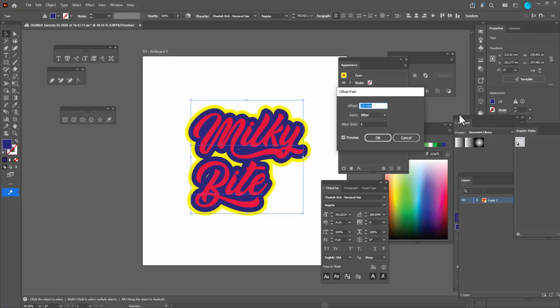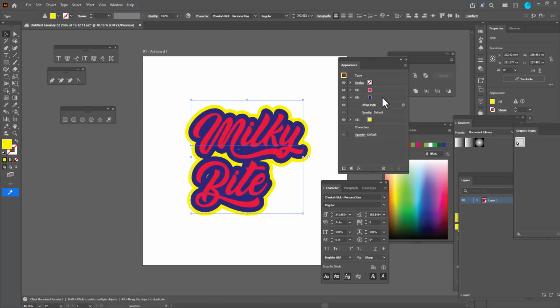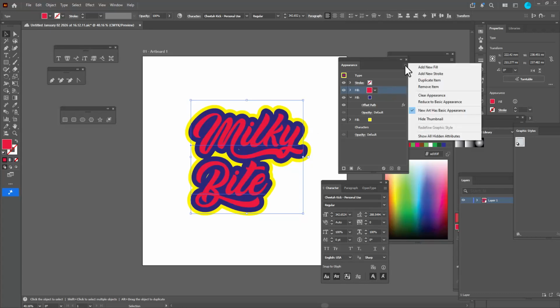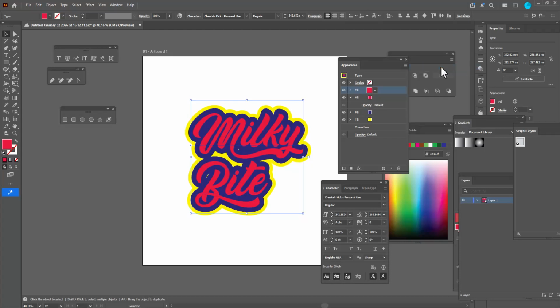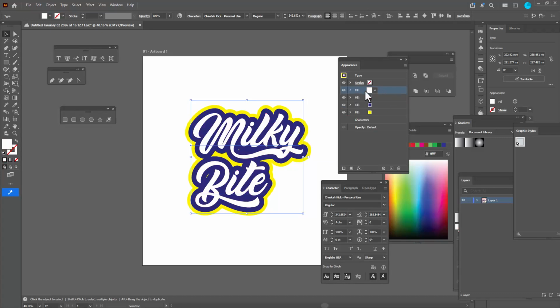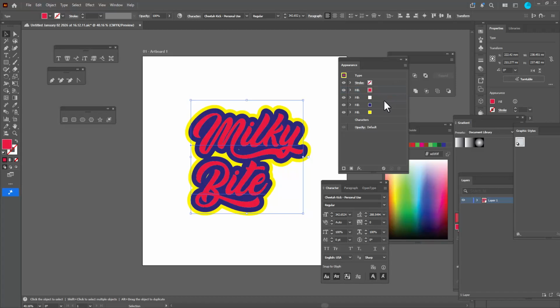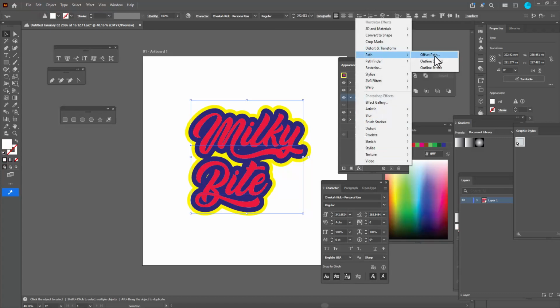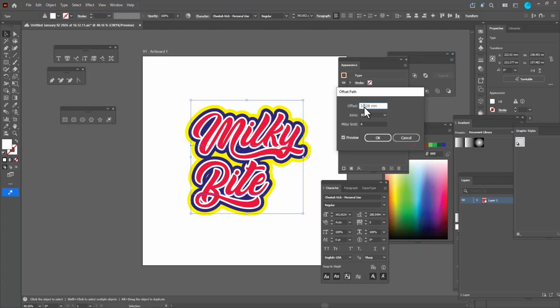Now we will add one more color. Let's try white color here. Again we will select the text here, and we will select add new fill. We want this fill to be below the red color, means behind the red color. So first we will change the color to white, but we want this white color to be behind the red color, and again we will add effects, offset path, and now we can see,